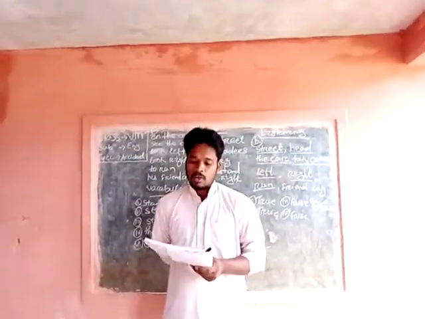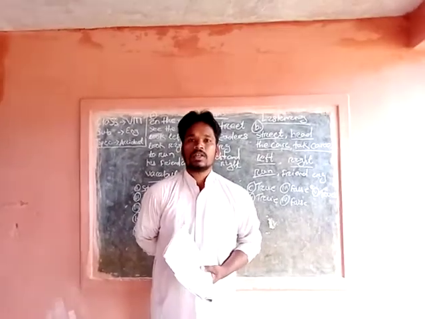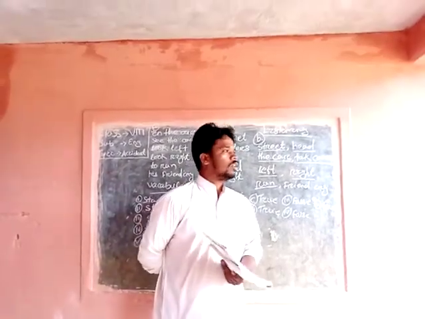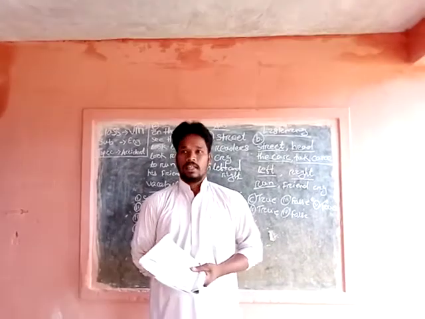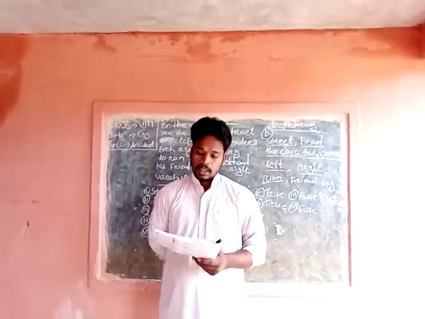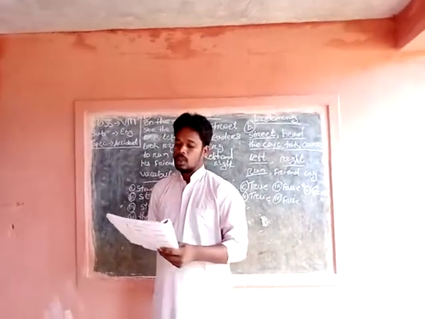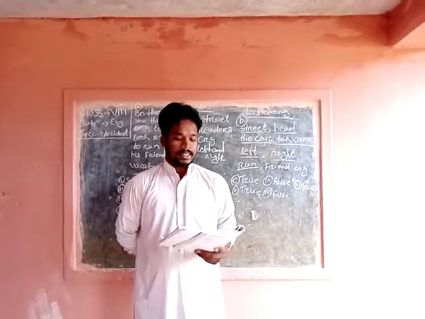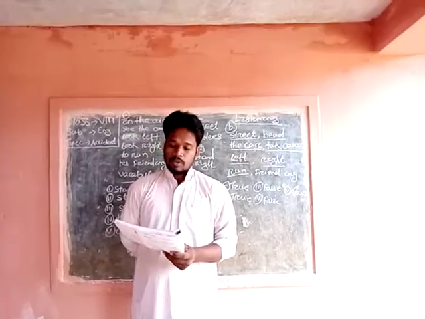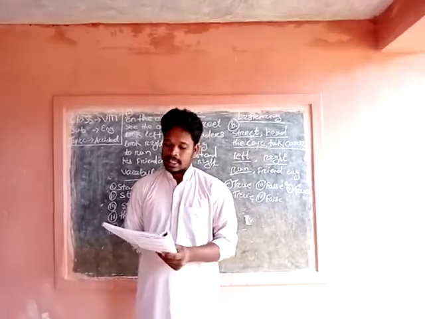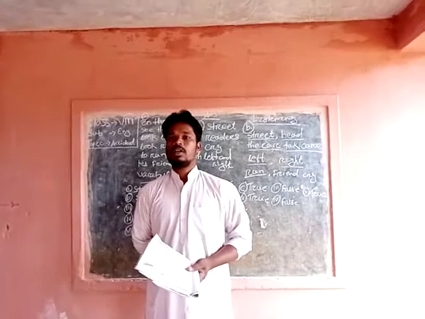How did he walk up the street? He walked up the street carelessly, without looking at both the left side and right side. Then, did he look left and right? No, he did not look left and right. The question number 5. Which line in the first stanza says that he was unmindful?